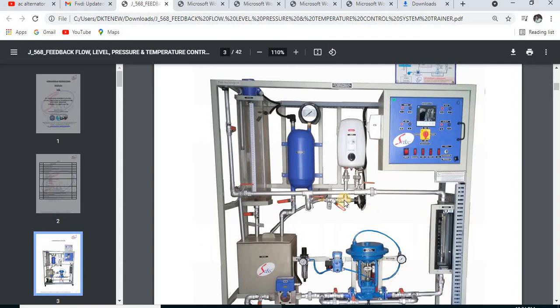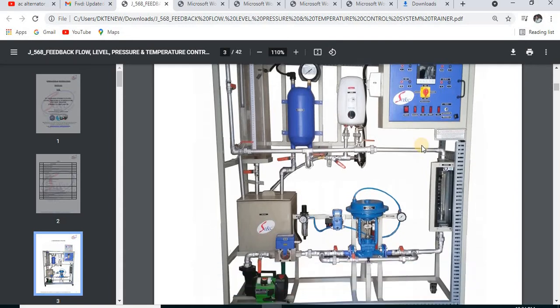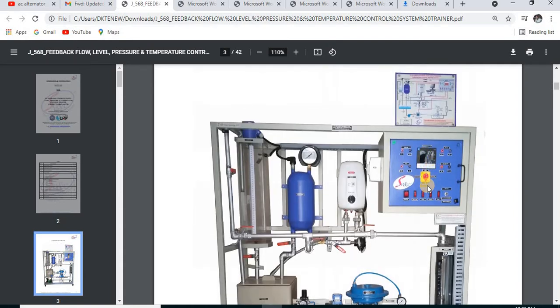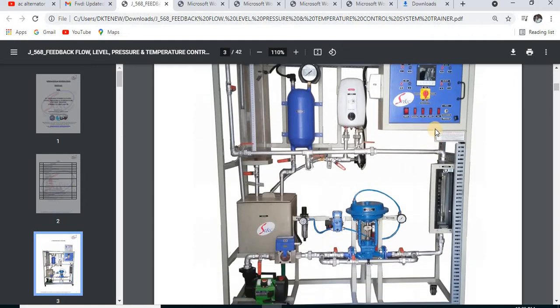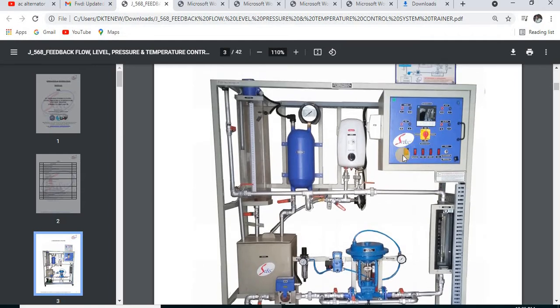So we can measure four different quantities by using this PID trainer kit. This is the SCADA interfaced UI. Here we can see the different values of P, I, and D controllers. We can also change the values, and this kit is interfaced with the PLC software on the PC. So you can control and regulate the PID values according to your application for a particular measurement.